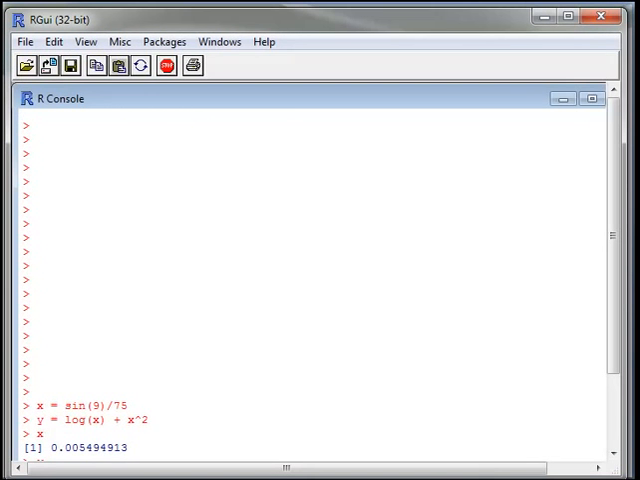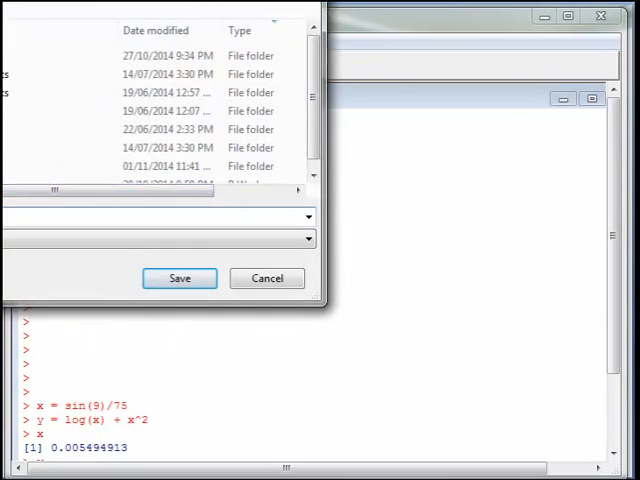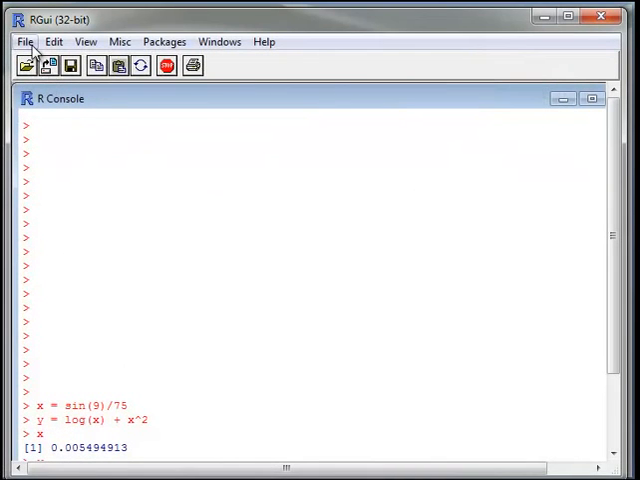So here is our software and our R console. Here we have the option File. Click on it. You will get Save Workspace and Load Workspace options. On clicking on Save Workspace, it will ask you where to save the file, the workspace,